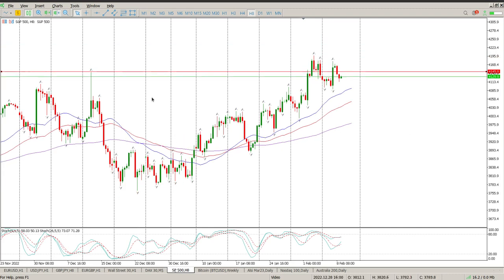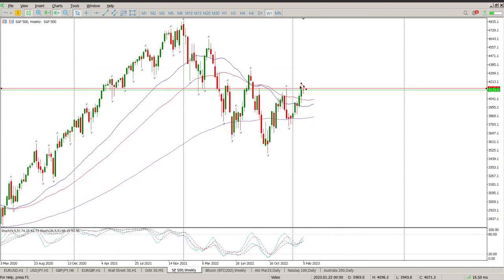So what do we see? We see a series of lower highs in a bull trend, so it could be an indication of a top. We also have this weekly high here, which is, we just come to the weekly. It is the sort of mini double bottom setup here, or cup and handle setup, but we are battling to